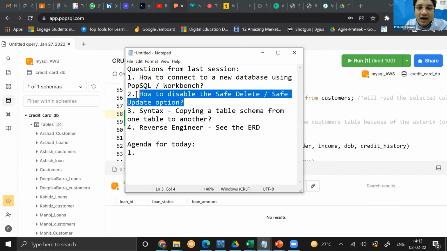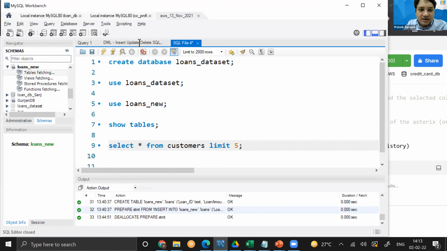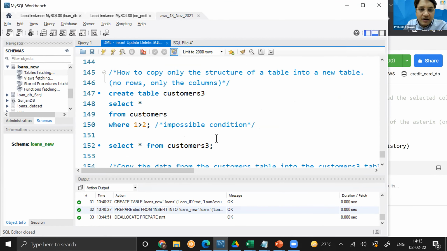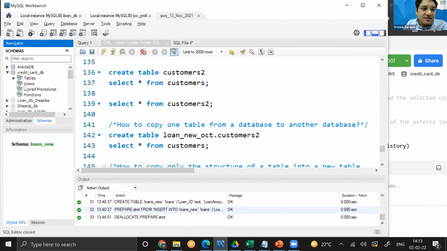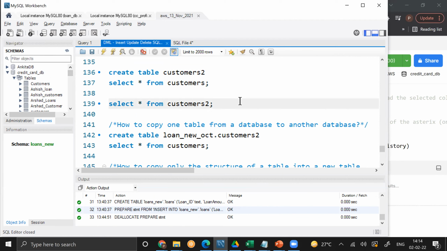Thank you, Vikas. How to disable the safe update, why do we need to disable it, and what is it? Let's quickly talk about it. I think we spoke about it yesterday a little bit, but we'll talk about it again. What happens is if you're trying to delete all the rows of a table, or update all the rows of a table, that is when you end up getting this. Say for example,